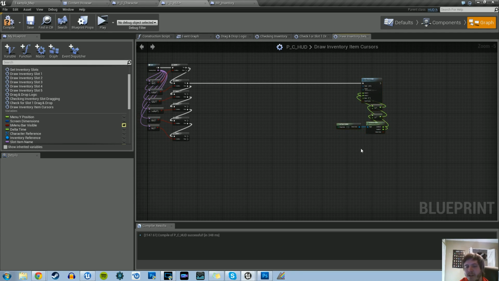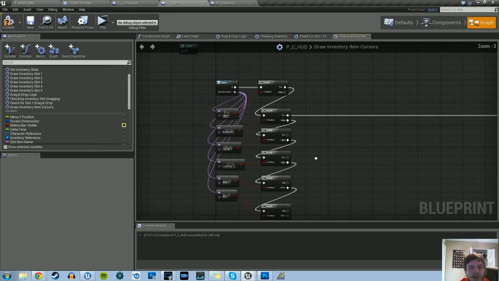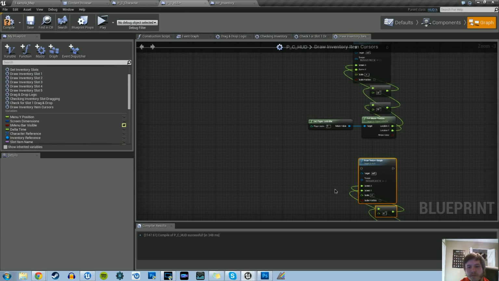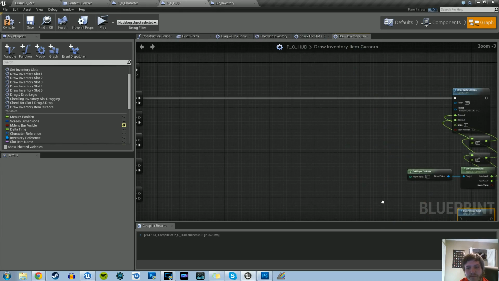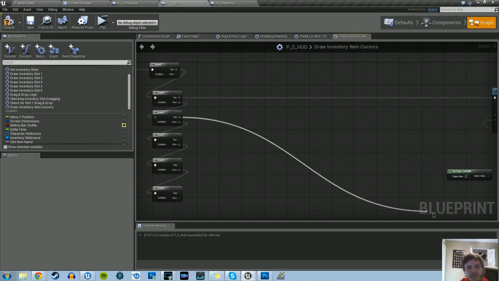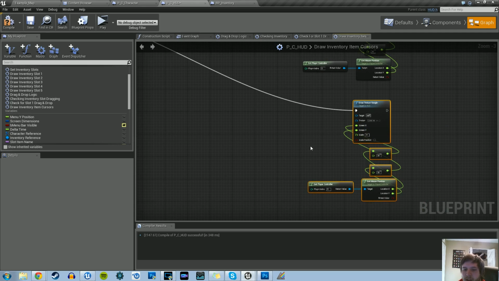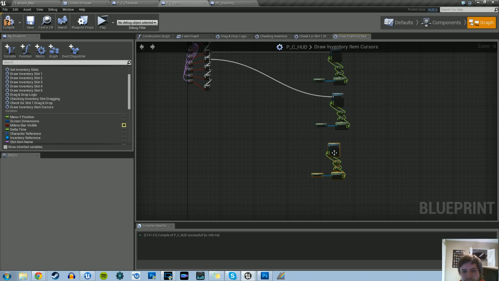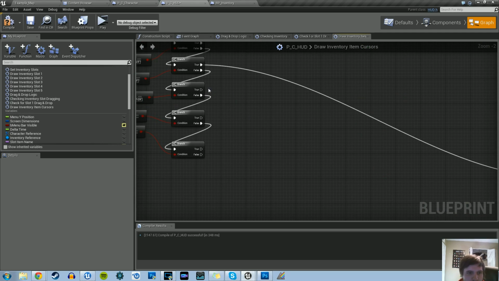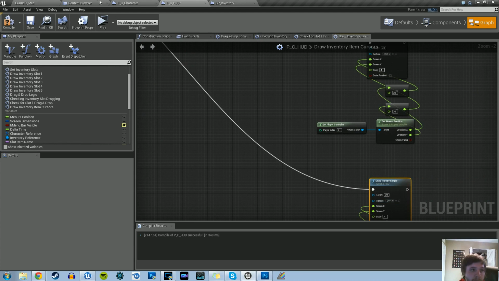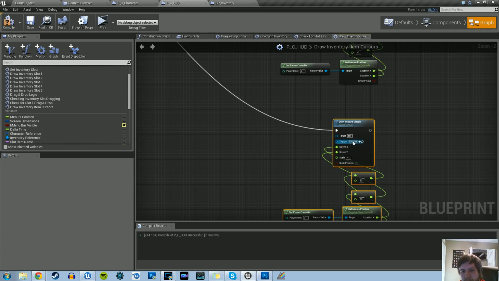So then we can copy and paste this. Replace the texture for the next one. And the next one on our list is the top hat. Let's grab the top hat, plug that in, and then plug it up with the true. And then we can copy and paste this again. Plug it up to the next true, which is for jump rope. Let's grab the jump rope texture, plug it in,